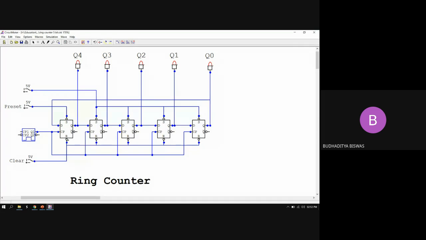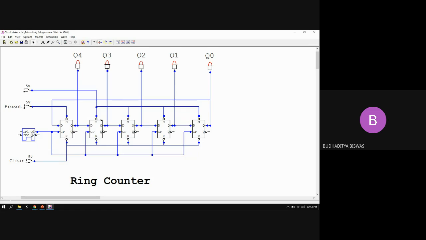The clear is short circuited for every flip-flop and connected to a common clear, which is generally connected to 1 if we do not want to clear the data. If we want to clear all the data, we give it 0. Otherwise, for normal operation, the common clear should be connected to 1.